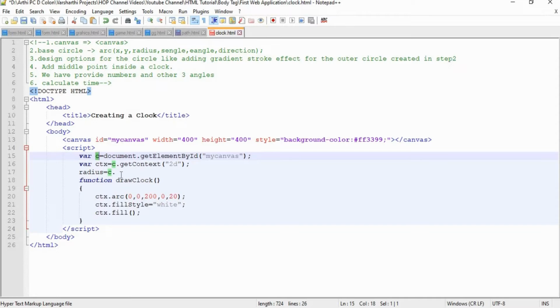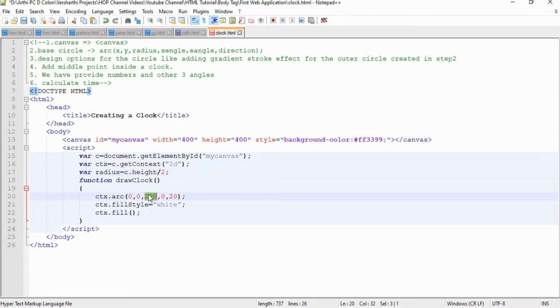Hence, to get the height of the canvas, we write c.height, which retrieves the height of your canvas, and we need to calculate the radius, so height divided by 2, which is diameter divided by 2. So now we have calculated the radius value and stored it inside a variable, which will be equal to 200.